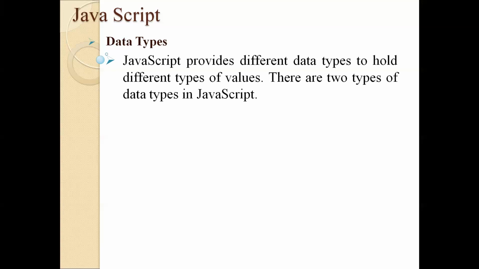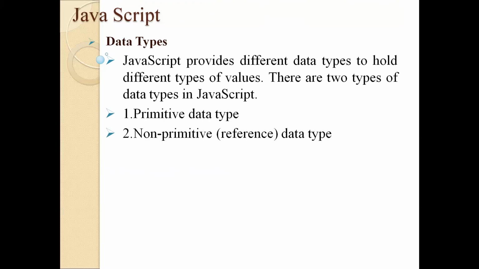For example, int is an integer data type which can store all the integers. Char is a character data type which can store all characters. Boolean is a data type which can store either true or false. Similar to those, here also we have some data types which will store some values. Data types are classified into two groups: primitive and non-primitive data types.